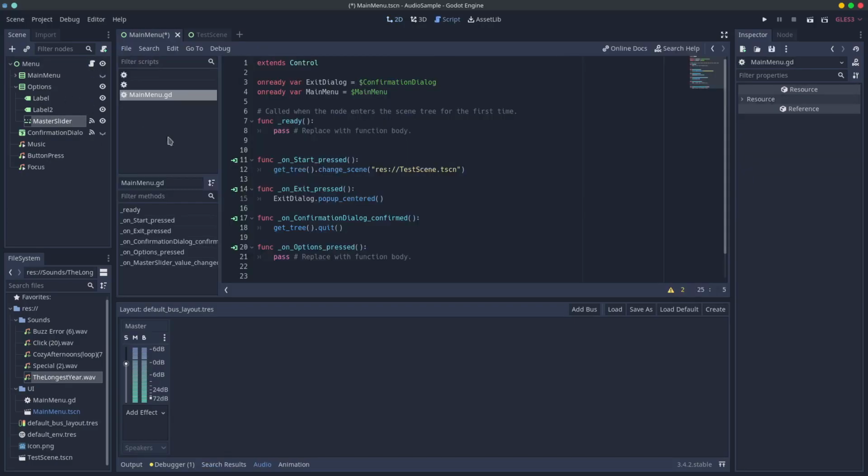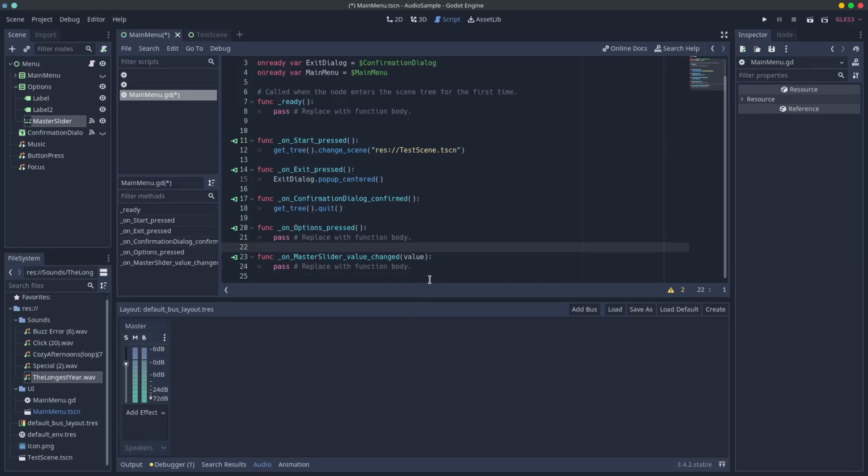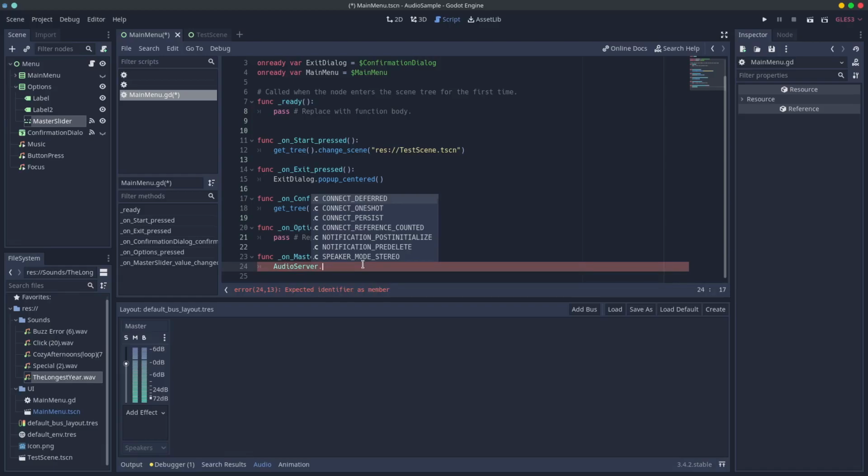So now that I've connected that up, we've got a master slider value. What we want to do here is get access to the audio server and then just pass in that value. So I'm just going to call the audio server directly. We don't need to store that anywhere. It's a singleton that exists and that you can access anytime in code. So we're going to go audio server.set